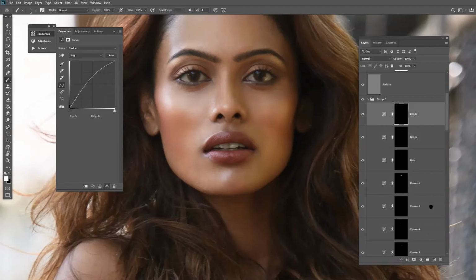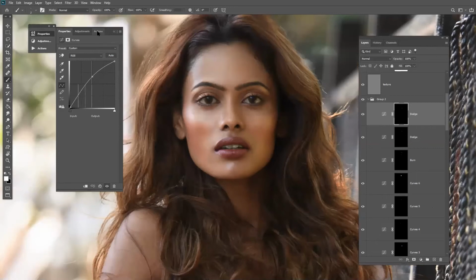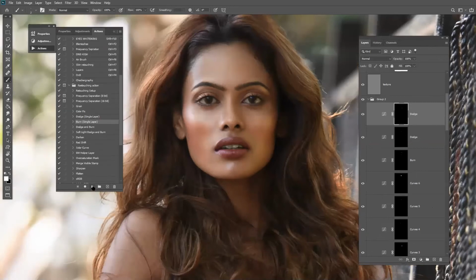We don't require a burn over here. We only require a burn over here. So you have to constantly analyze the image where you require the dodge and burn. You can always go back or delete that layer. I only want a burn over here. I think it will be fine.